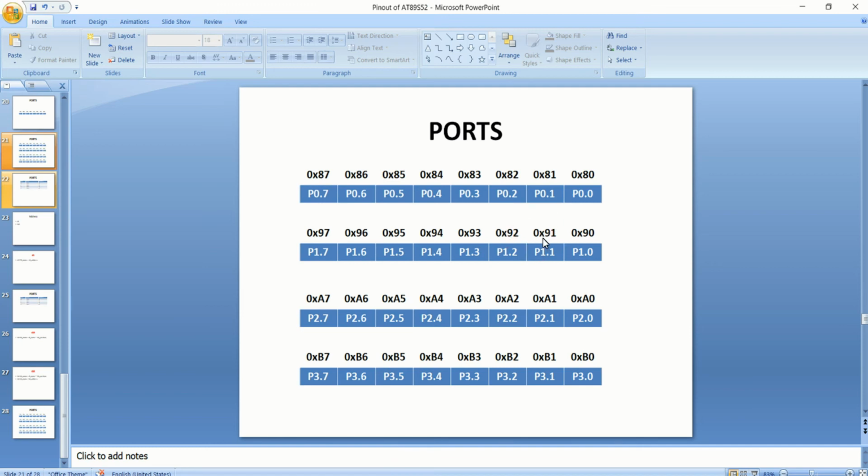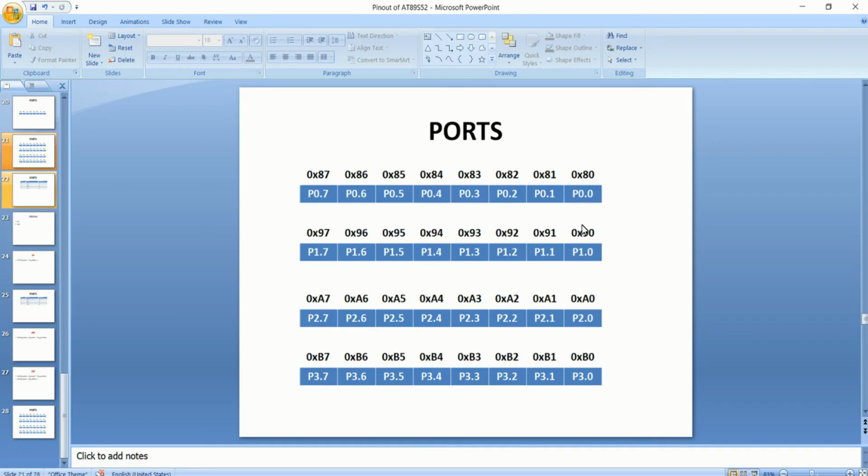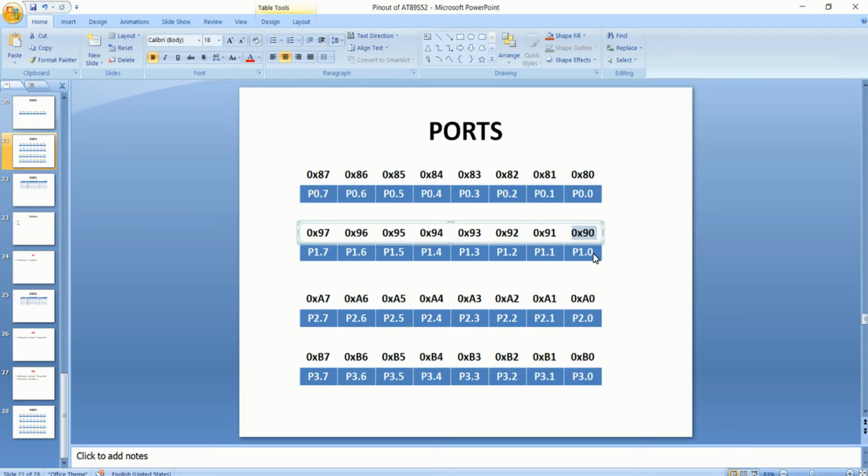But now take our example. Our LED is connected to the pin P1.0. You can find the address of P1.0 is nothing but 0x90. So you can either define this address 0x90 individually and you can write 1 or 0 to it, or you can use this SFR that you have already declared, port 1, for writing 1 byte of data for turning on